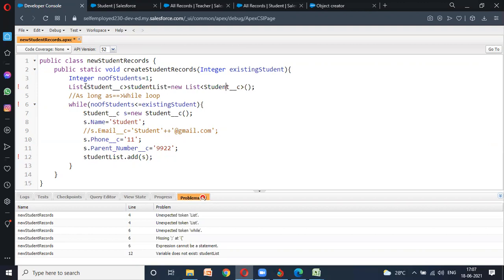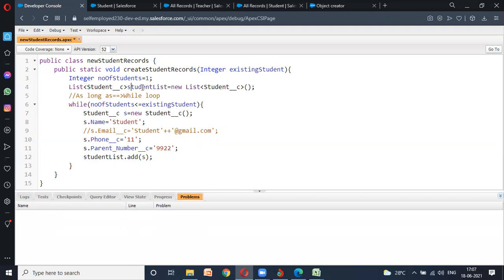So here, basically this list will be declared here, and in this list every detail is added. At the same time, once this list is added, it is our duty to insert this list. We just made the list in which it will get stored, but we didn't insert it.